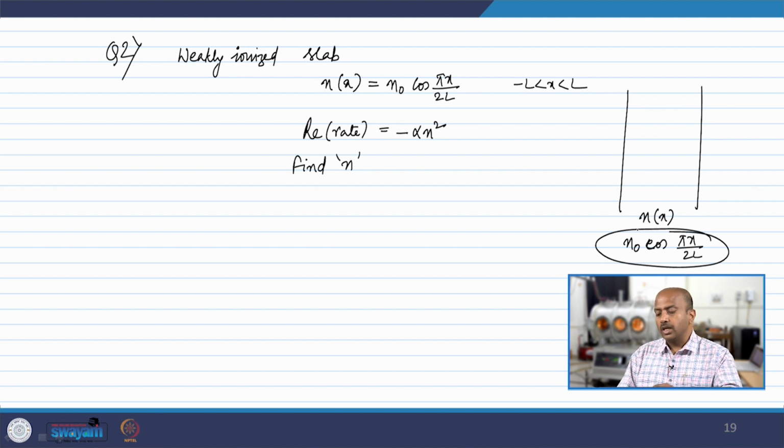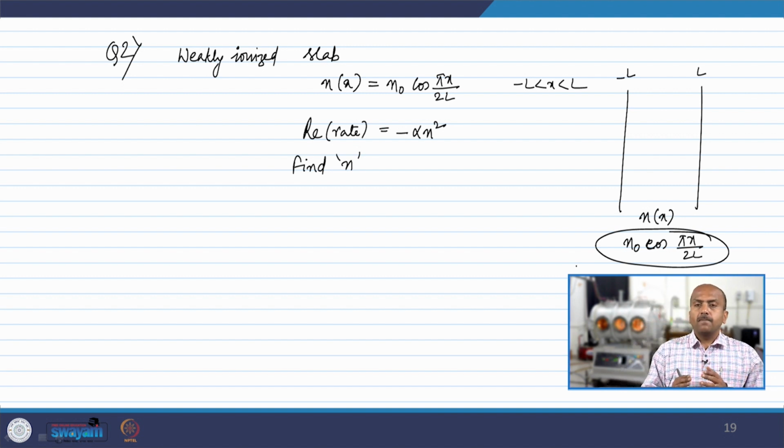Okay. So, you can put various values of x between minus L to L and get the concentration at each and every point of this particular slab geometry. Okay. Now, the plasma is diffusing from the higher concentration to lower concentration. While it happens, it also undergoes recombination. Recombination is simply an electron plus an ion giving you a neutral species, let us say. And at the same time, it is also going through diffusion. Now, we know the rate at which diffusion can take care of plasma. Now, we have to find the concentration such that both these two rates are the same. Okay. So, loss